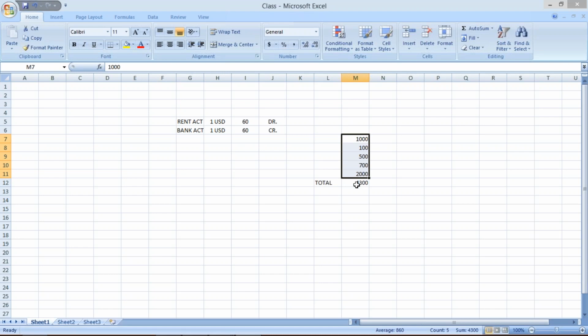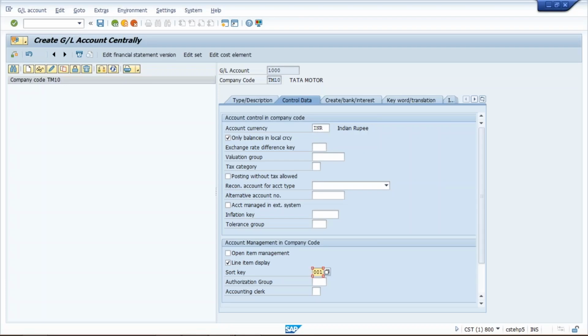In the sense, if you don't apply a check mark, then system will show you only the total figure. That in bank GL, till now we have posted transactions worth this much. Now there is no detail that in this 4300 total how many line items are there, in the sense how many transactions we have posted and which transactions are debited and which transactions are credited. These details we won't be able to view unless we apply a check mark here on line item display. What is the use of sort key, that I'll explain later,